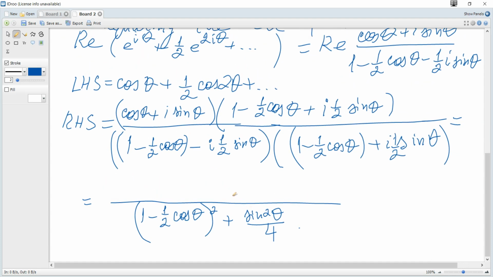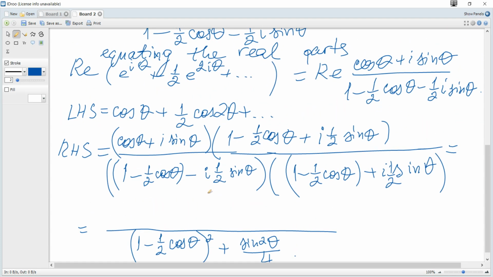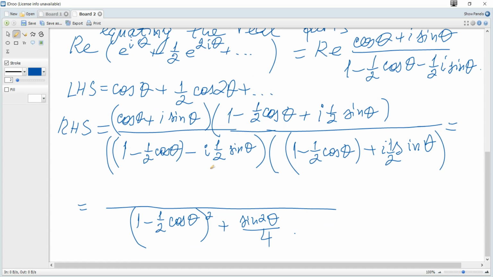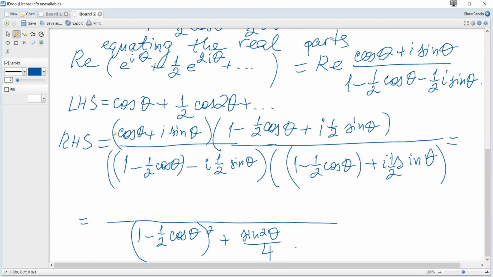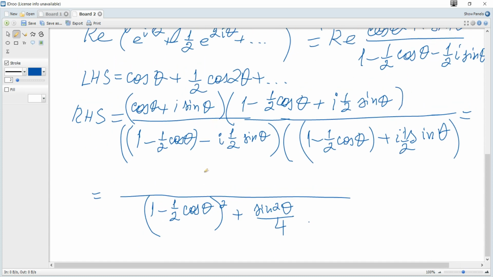And what about the numerator? Actually we need only the real part,